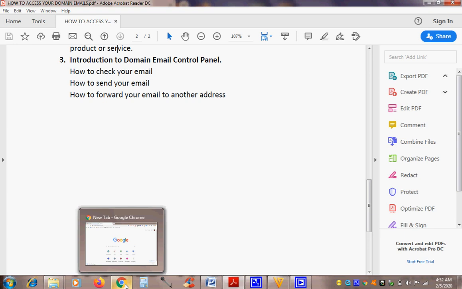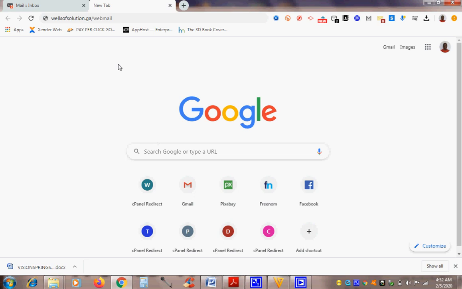Let me take you online. Remember, I told you earlier, you can use any browser at all. I want to use Google Chrome here. You can use Mozilla Firefox, Chrome, as I'm using, Netscape Navigator, Internet Explorer, Opera, Safari or any other one. So now, you need to locate your browser's address bar, input your web address